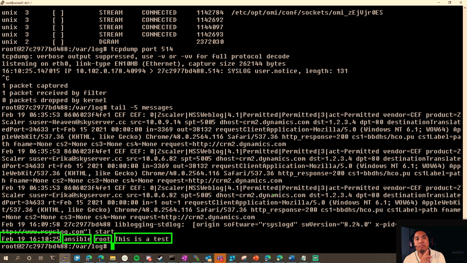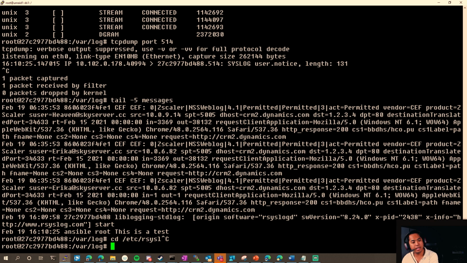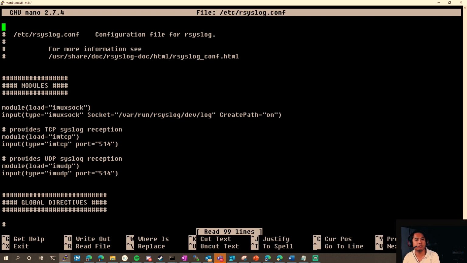But that tcpdump is going to be very helpful because that packet needs to come in so that RSyslog can pick it up. Now, I'm going to explain RSyslog a little bit further. There's also Syslog-ng, but I've been used to RSyslog, so that's what I'm going to use. It's pretty common, and it's turned on by default in most OSs. I'm going to show you the conf real quick